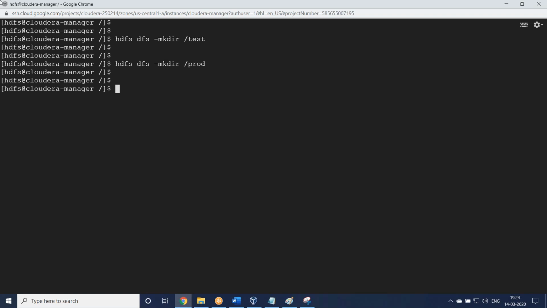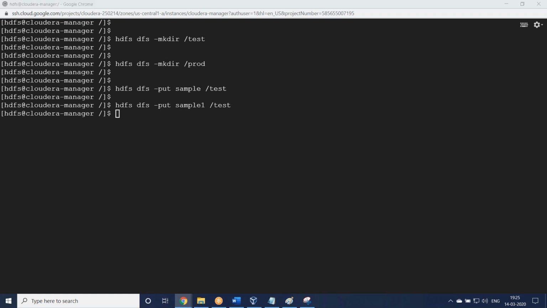From the test folder, we'll load some data, and that data we'll take as a backup to production, on the same cluster. hdfs dfs -put sample file, I'll load into test. Similarly sample1, sample2, we'll copy 3 files into test. So 3 files are loaded into the test folder, which we created on Hadoop.